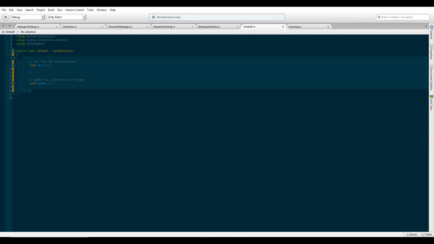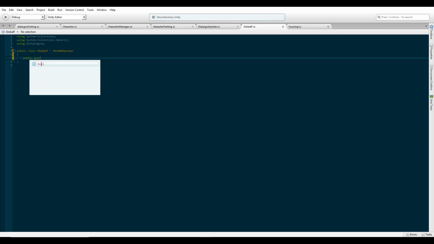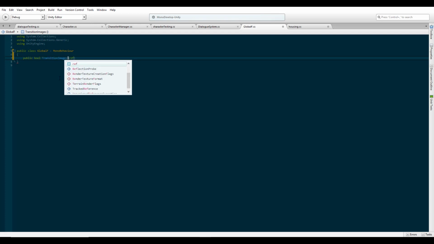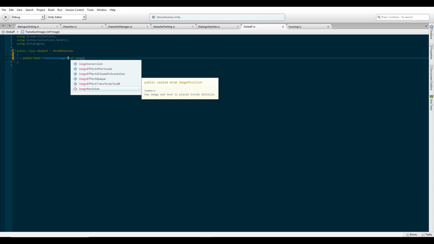And now what we're going to do is create our transition function. It will have a boolean return, because that boolean will represent whether any value has changed this go around or not. Transition images. Okay, now the way we use these values is important, because we don't just want to pass in values, we want to pass in the variables, the storage containers for those values, so that way we can change them directly. And we'll do that using the reference keyword. So reference an image, which will be our active image,